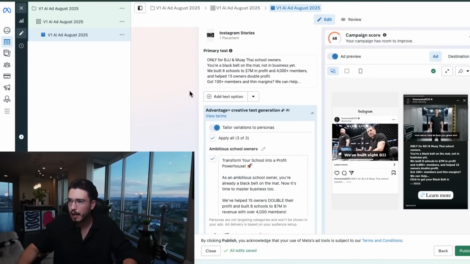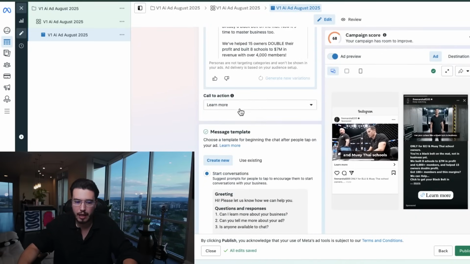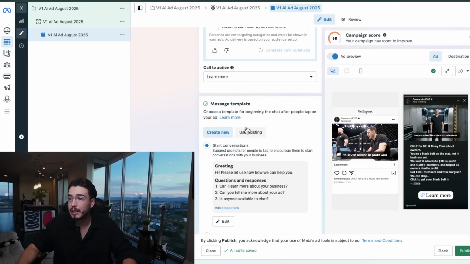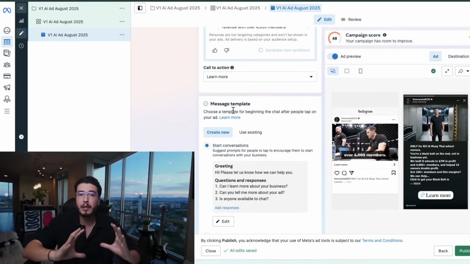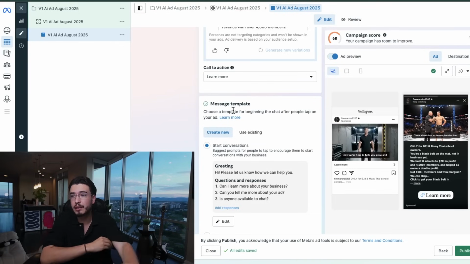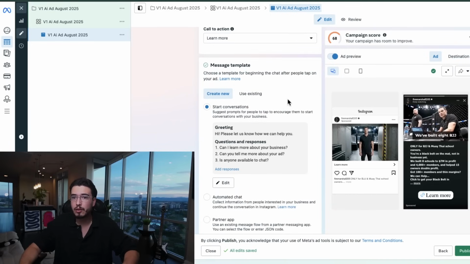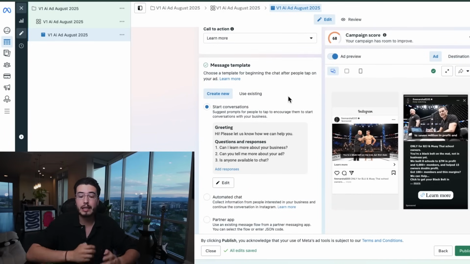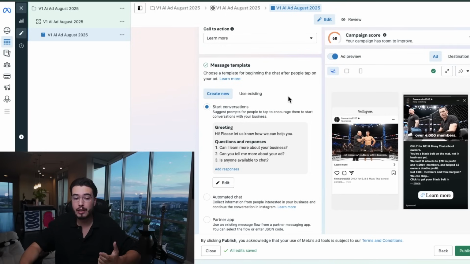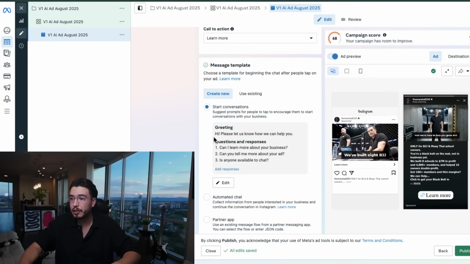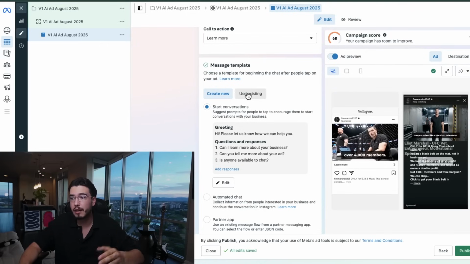And next, after we add the primary text and the call to action button to learn more, is a messaging template. Whenever you run DM ads or engagement ads, which is selected in the campaign level, you're going to be prompted for the lead to send you a DM or a message on Instagram. So here you want to create the basic layout for starting the conversation.